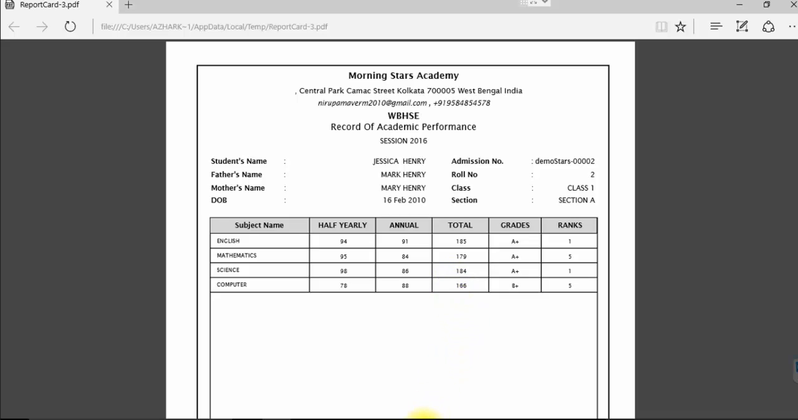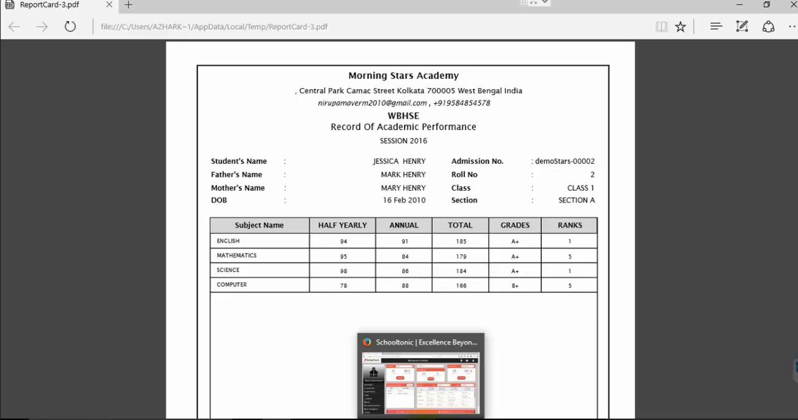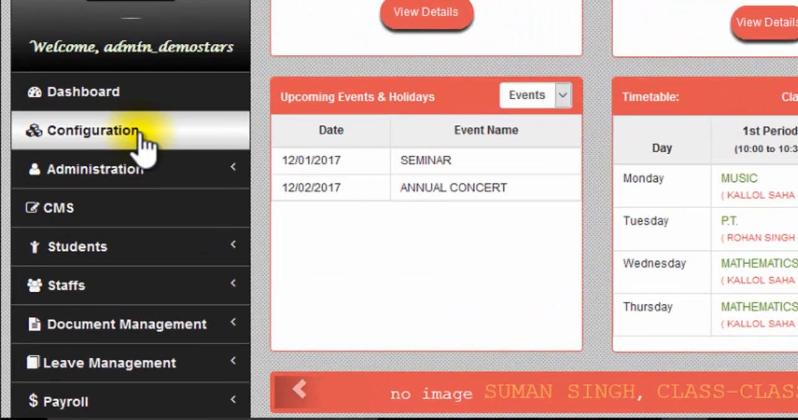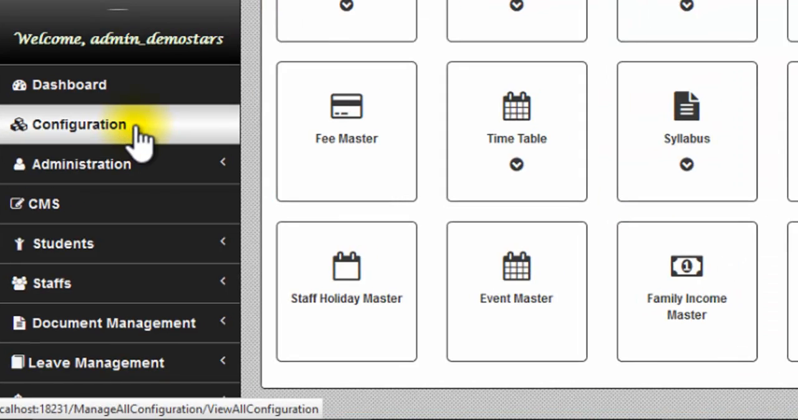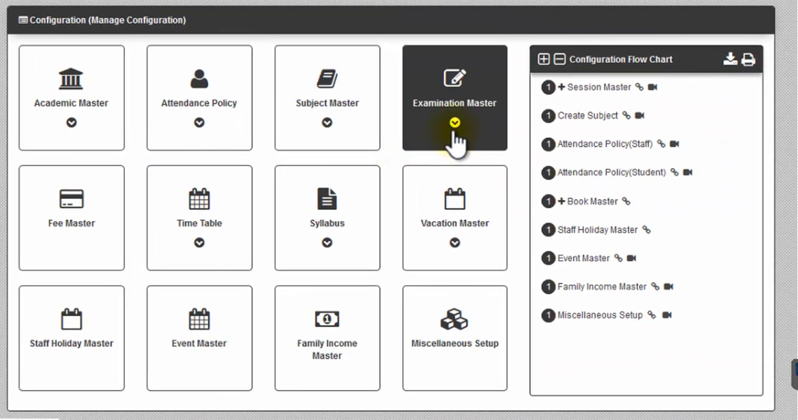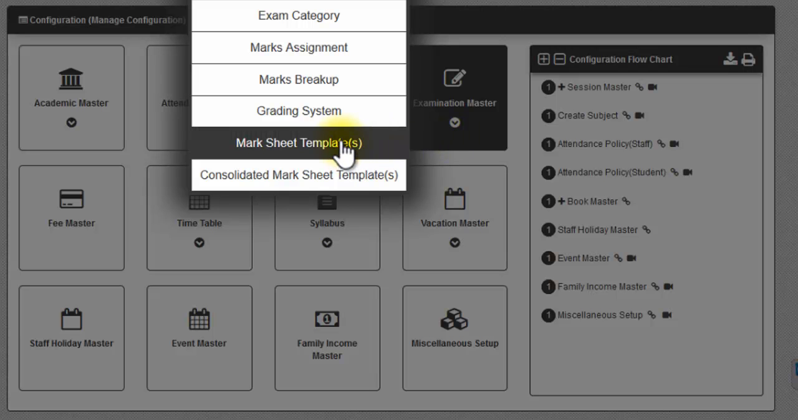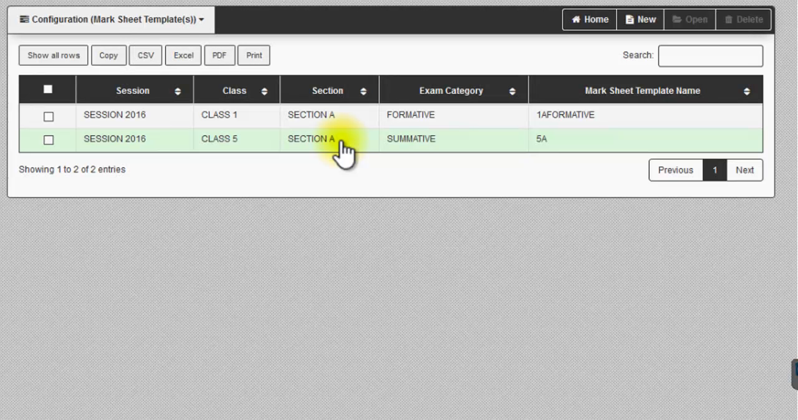So now let's see how we can create the marksheet template. For this, click on Configuration from this table. Click on Examination Master. From here, click on Marksheet Templates. In order to create a new marksheet template, click on New